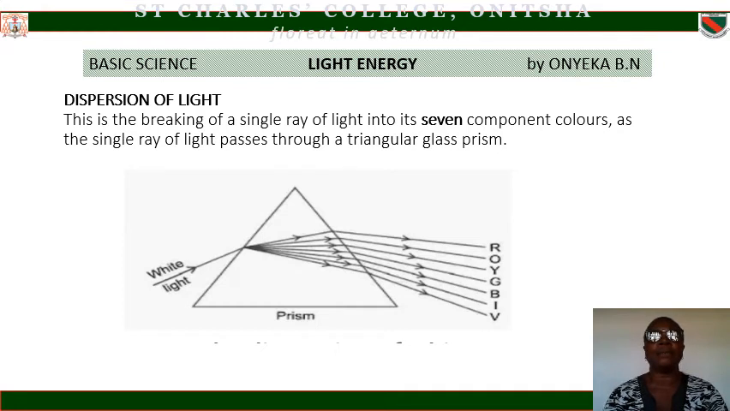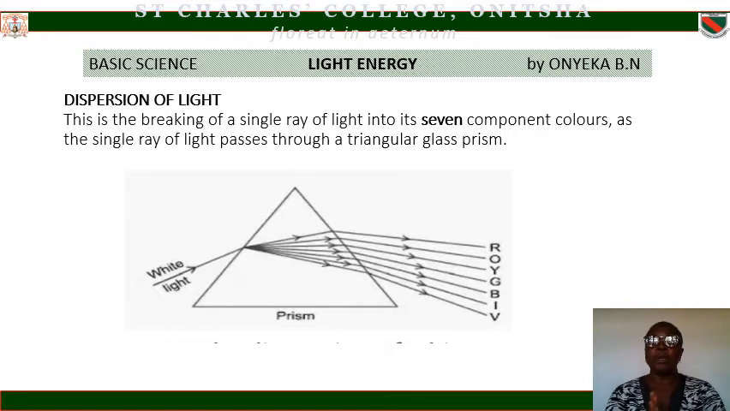Dispersion of light. Dispersion is the breaking of a single ray of light into its 7 component colors, or what we call the colors of the spectrum, as the single ray of light passes through a rectangular glass prism. Looking at the diagram, you will see the white light. When it is incident on the rectangular glass prism, it diverges and separates, giving us the 7 colors of the spectrum,